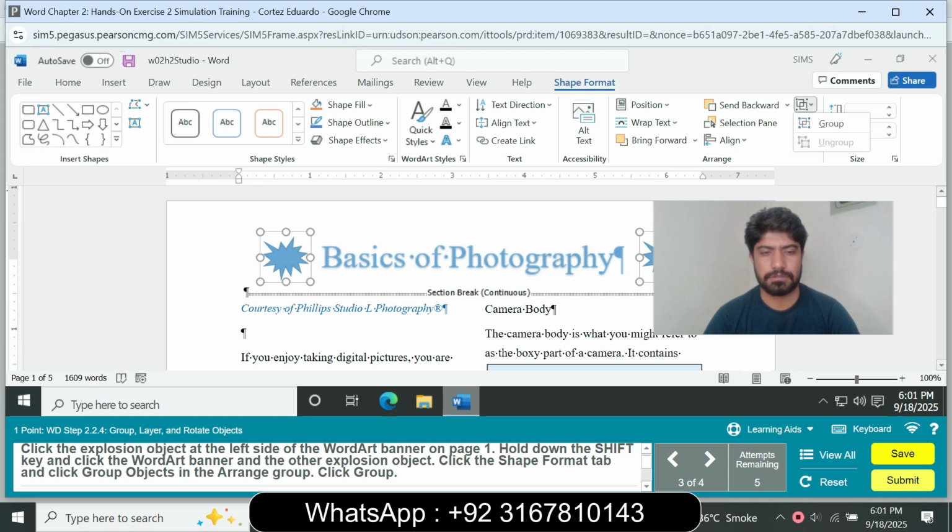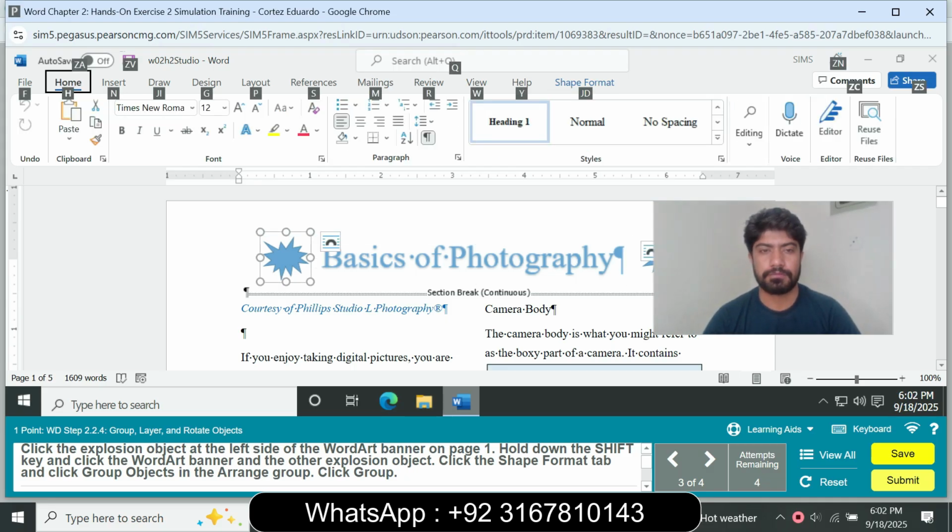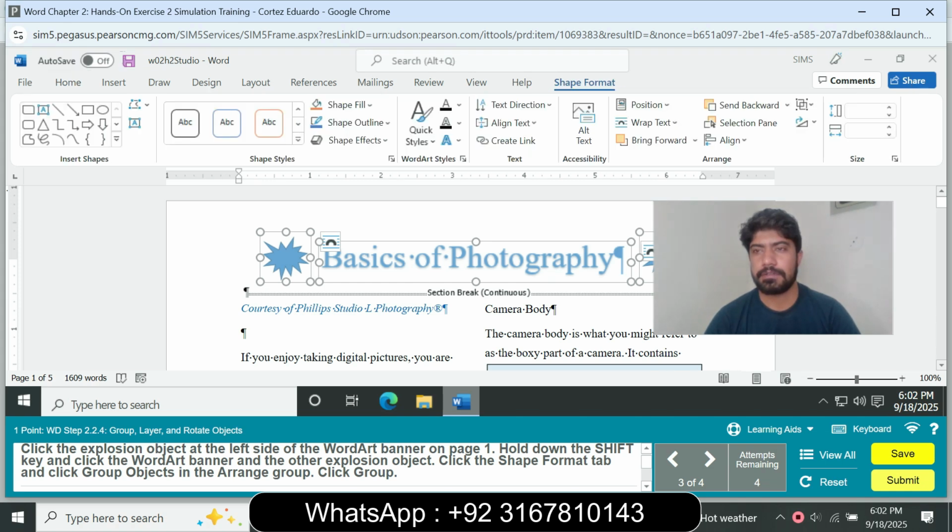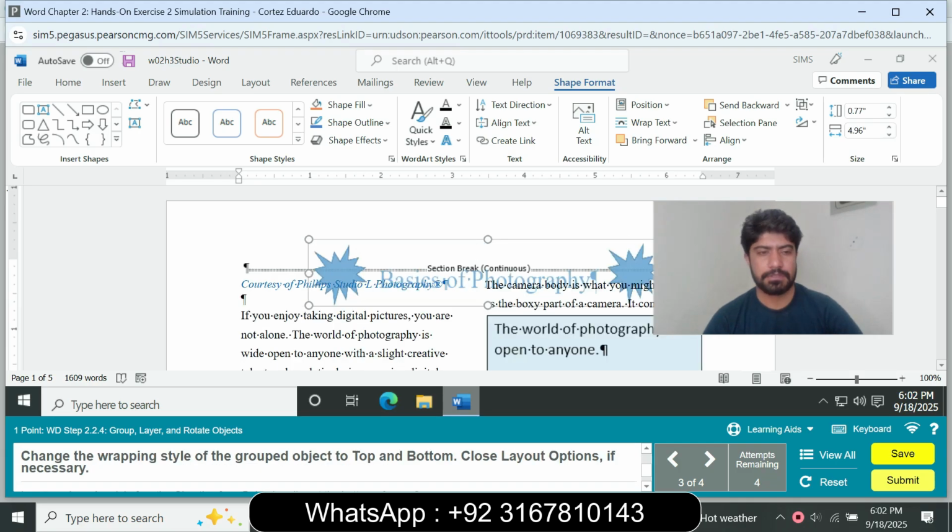So next, click the Group object on the Shape Format tab. Hold down Shift and select the explosion object, go to Shape Format, click the Group object and Arrange, Group. So next, click the shape, go to the Shape Format tab and click Group, and change the